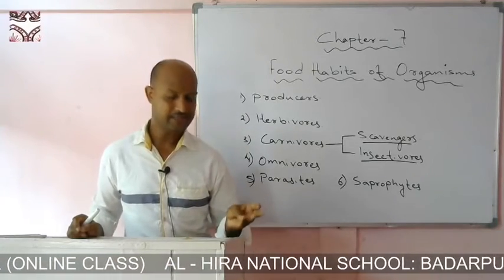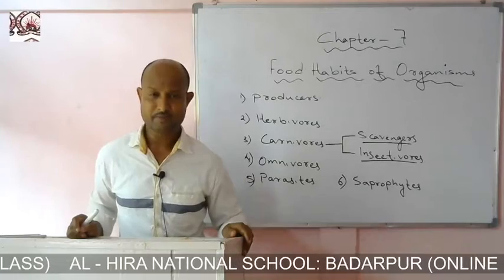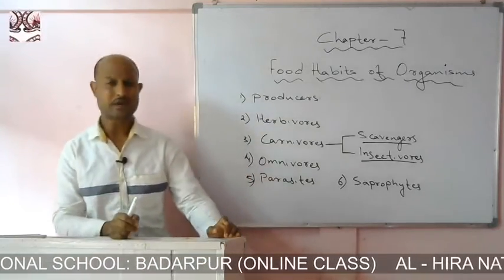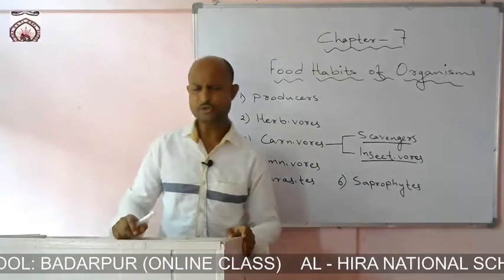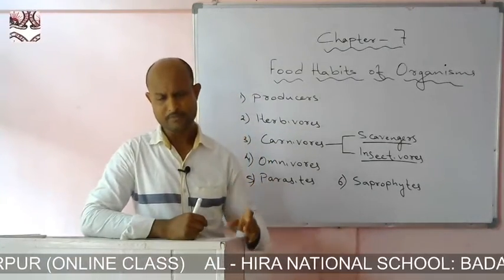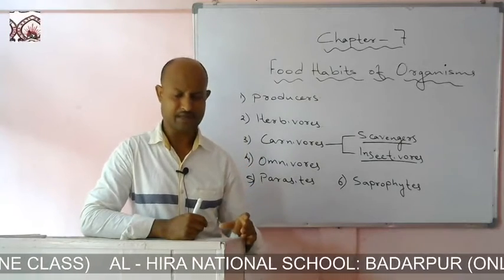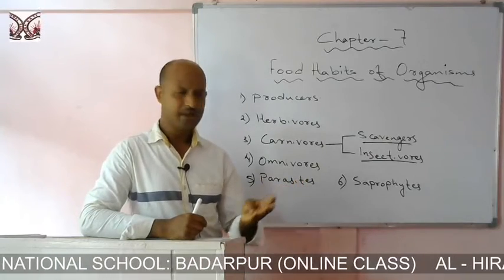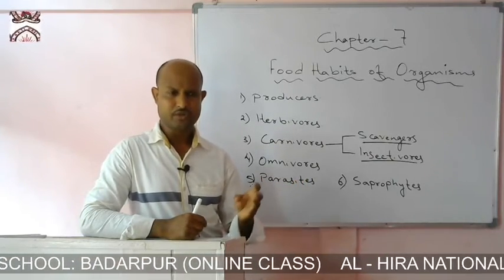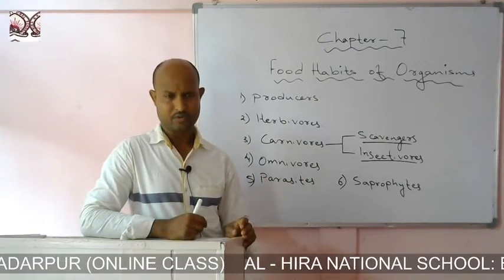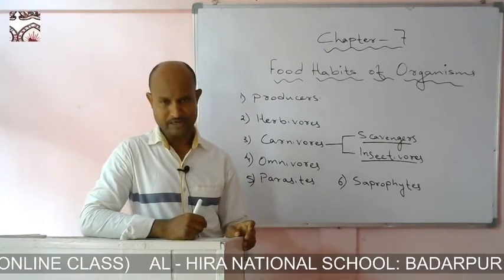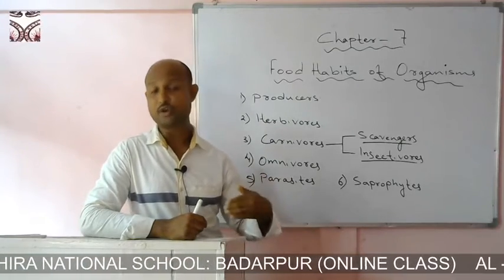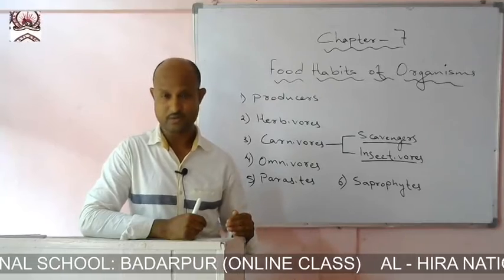For example, lice, fleas, ticks, mites, tapeworms, hookworms, all these organisms are called parasites. Such organisms live on the body of an organism, making the body a host, and they derive food and shelter from the body. These lice, ticks, mites live on the skin or hairs of the body of an organism, and they feed on the skin and the blood of that organism, but in return, they don't give anything to that host organism.